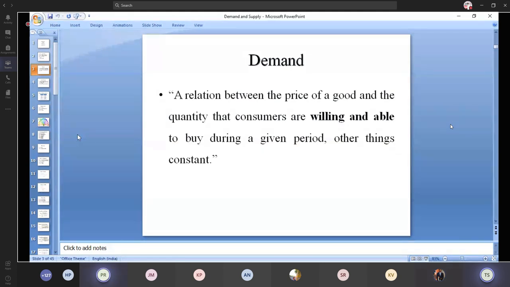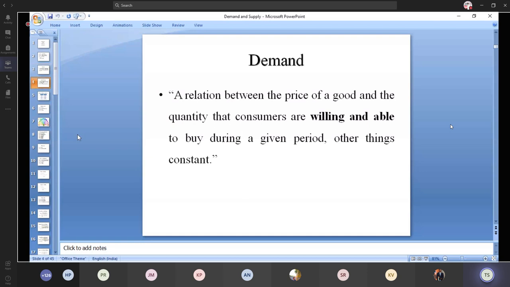Willingness to buy. Okay, so it's normal human behavior. If the price of the product comes down, then those who are buying that particular brand, that particular chocolate, the demand for that particular commodity will increase. So this is the normal situation. In this demand concept, we are going to analyze the relationship between the price and the demand: how the demand changes when the price falls, and otherwise, what will happen to the price when demand falls. These are the things we are going to discuss.